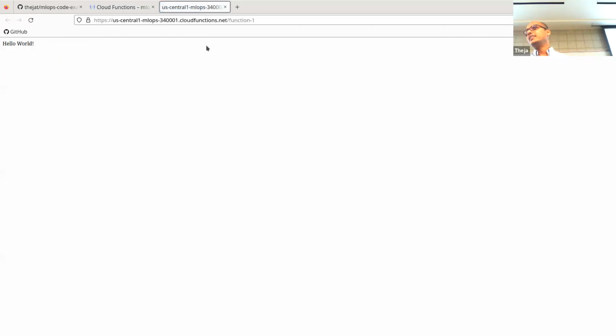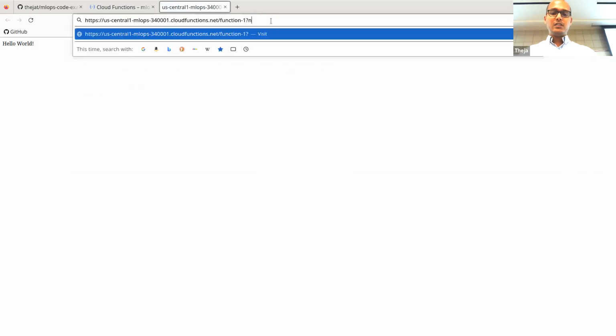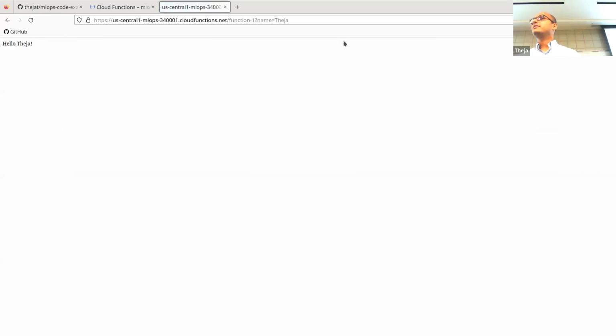Yeah, that's it. So it's unauthenticated, and obviously it also showed you how to give command line arguments. This is exactly how we were doing it for Flask, right? So now you have ready-made code, you just have to change the function signature. Obviously, if you need to load the model from somewhere on disk, like a pickle file or a CSV file,